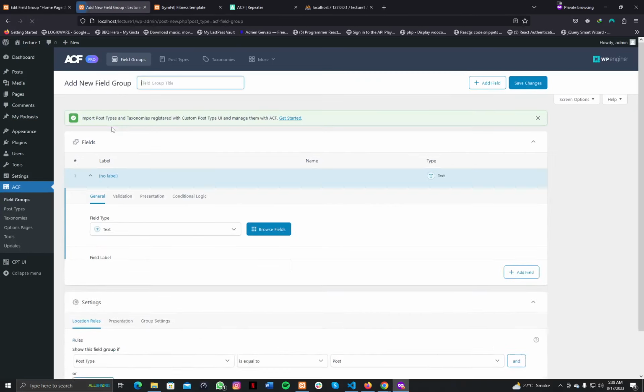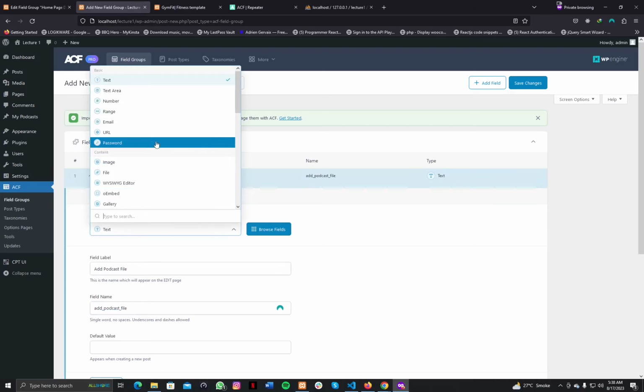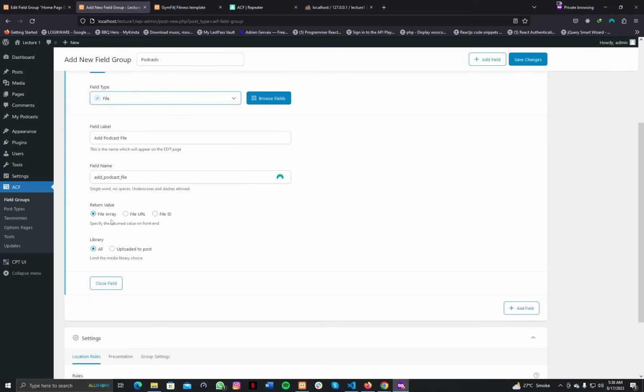and create a new field. Name it as podcasts. And here I'm going to add podcast. I'm creating a new ACF field, add podcast file. Perfect. Okay, I'm going to create a file type ACF field, and it has a return value which offers